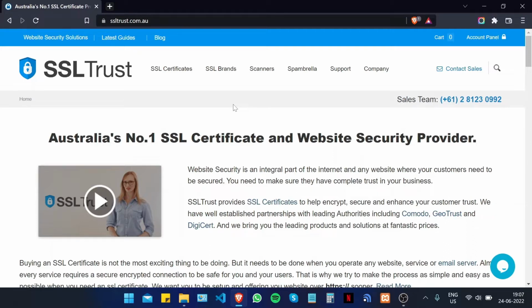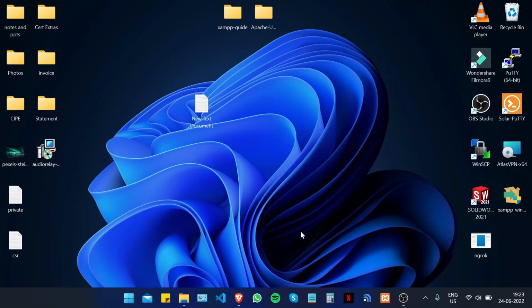Now there are a few prerequisites for you to get started. One is that you have XAMPP installed on your computer, and two is that you have a valid domain name and a domain hosting service, so that you can validate your domain name and get your certificate issued for your local production environment. For starters, let me start the XAMPP web server